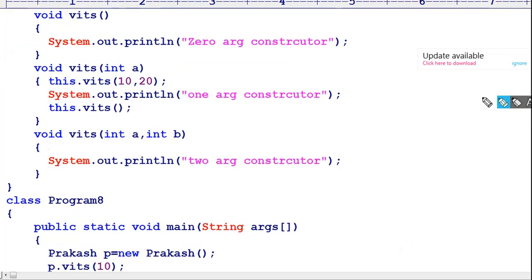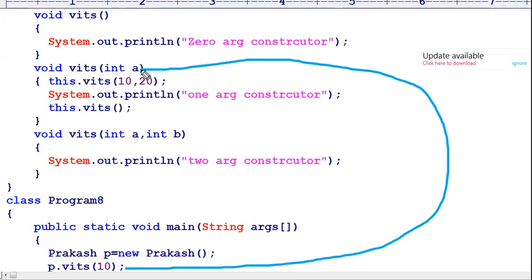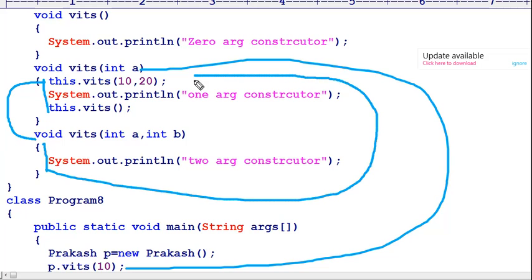Now let us understand the execution style, how it works. I am calling the one argument method, and in this code definition, it will call the two argument method. This will be executed. Whenever it comes back to the original code, it will execute the one argument method. After that it will call the zero argument method.